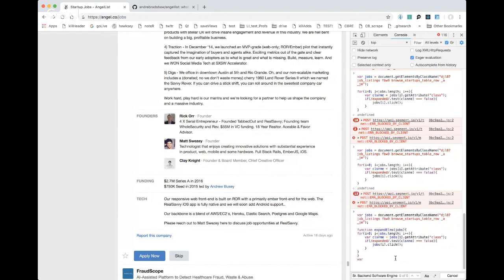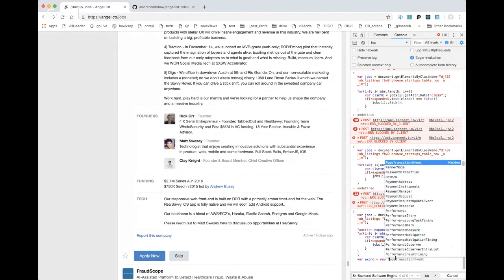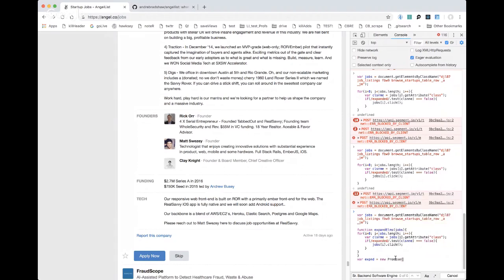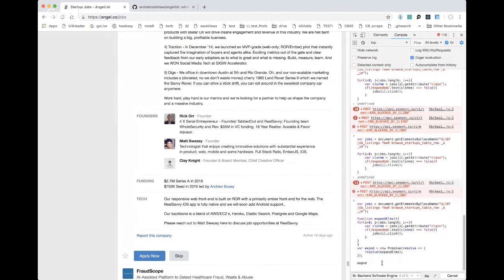Create that promise, we just create some new variable, some new promise, resolve that promise, some arrow function because cool. Close out that function, resolve, expand. So need this argument. So we'll say expand, then